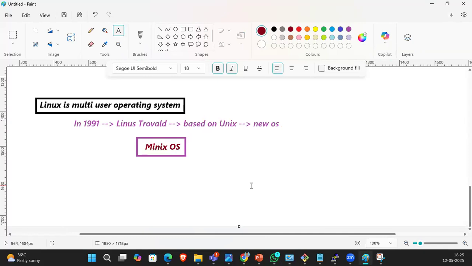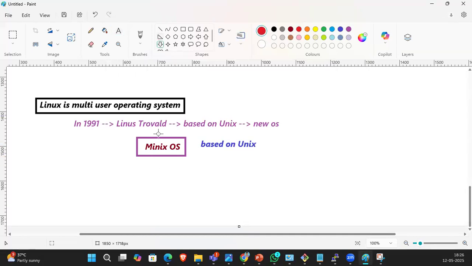Minix was developed based on Unix OS, but Minix had some drawbacks, something like there is no network. He overcame those drawbacks and created a new OS.